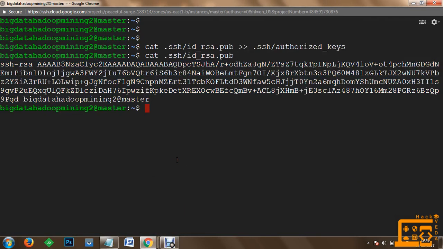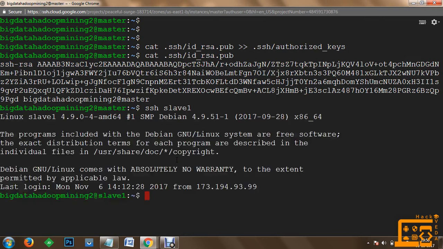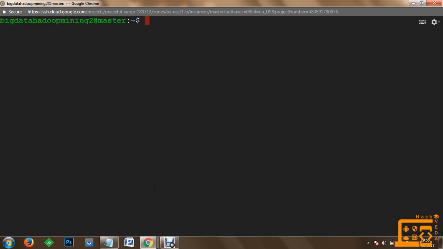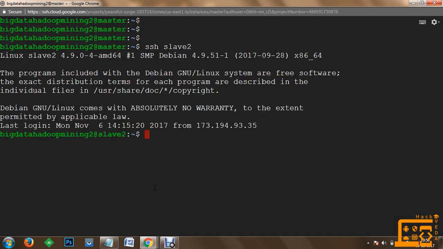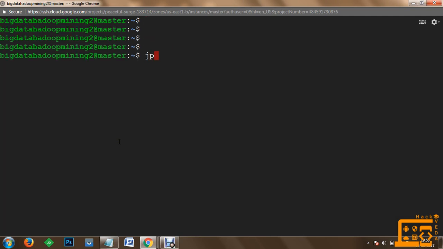Once we do that, we have access to the slaves via our master node, and we can quickly check that. We can use ssh slave1 to verify if we can access slave 1 from here. Now you can see that yes, we have access to slave 1 from the master node. We'll get out of the slave node and check access to slave 2. I'll use ssh slave2, and yes, we have successfully logged into slave 2 as well. So I'll exit from this node and we'd like to check the JPS information.